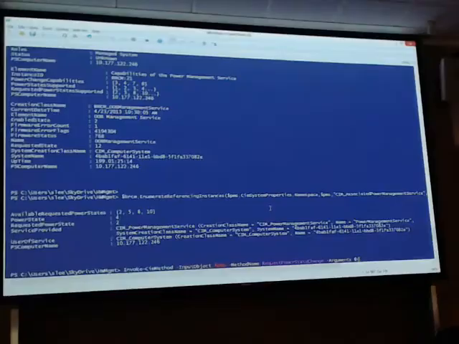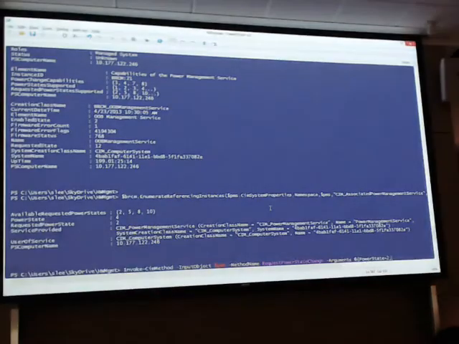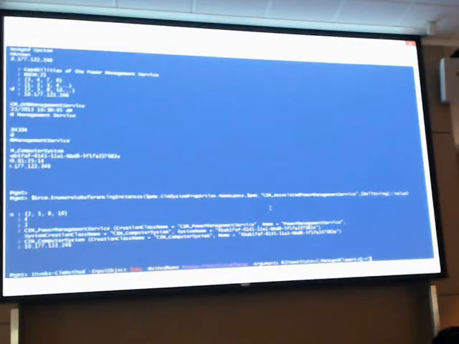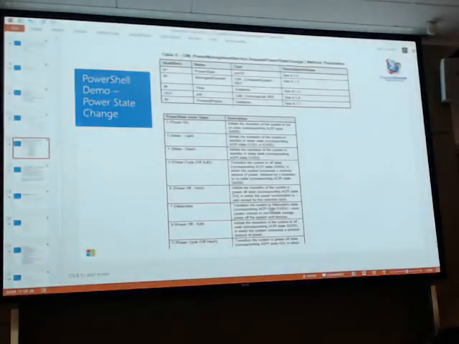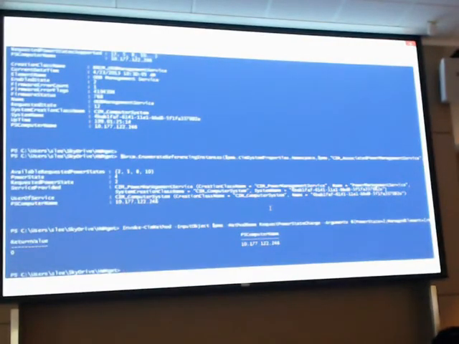So let's see. So we want to set power state to 2. I'm going to use a special PowerShell syntax, ref. It basically says don't actually send the object, but send a pointer to the object, which is all this method really wants. And we have stored that here. Since I'm not caring about everything else, I'm just going to leave those off. Those are optional. If it succeeds, then the return value is 0. If you get a non-zero value, it means that something else happened.